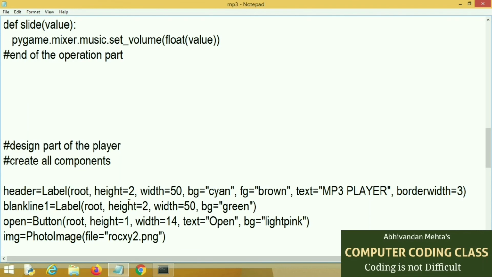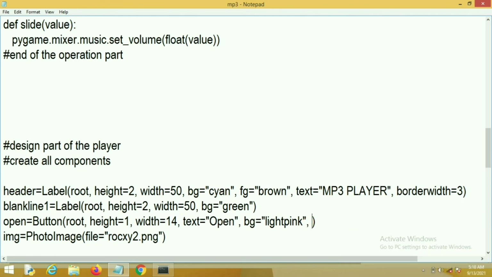First button is the open button. So here we will place the open file function. We will write command equal to open_file function. There is no need of parentheses here. This is the open function.